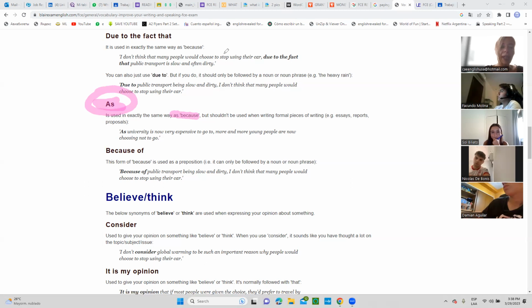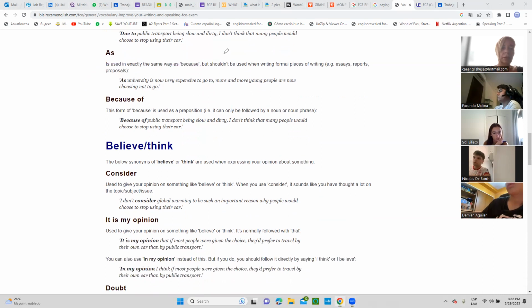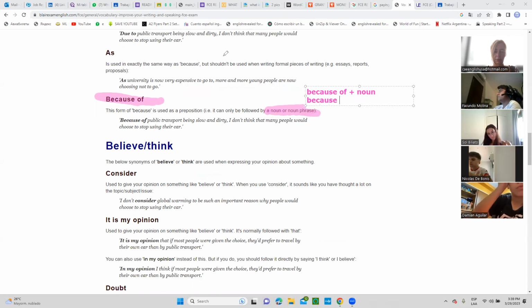Okay. All right. And then finally we have because of. This form of because is used as a preposition. It can only be followed by a noun or noun phrase. So what does this mean? Because of plus noun or because of plus gerund. Remember, kids, that whenever you have a preposition,